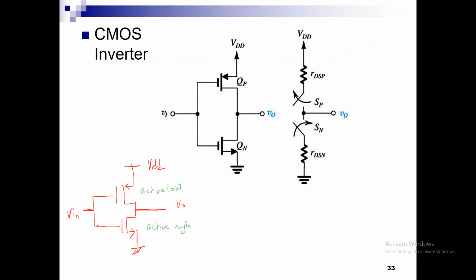We can view the two transistors as some small resistance and a switch, a P switch and an N switch, and they work opposite to each other. When the N closes, the P will open and vice versa, because when the input is 0, the P will be on and the N will be off, and vice versa. Okay, now this value of the resistor,